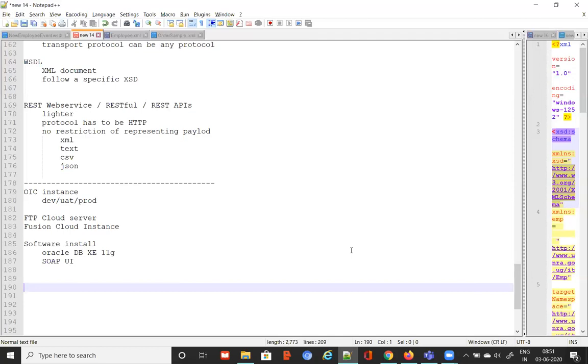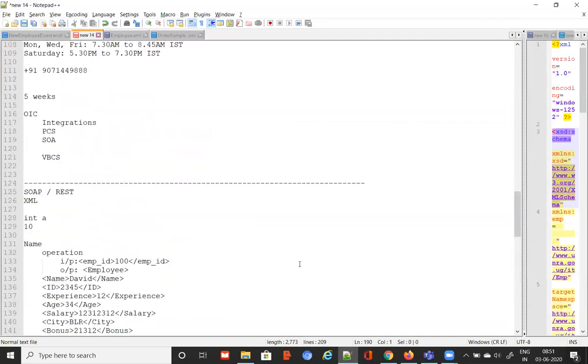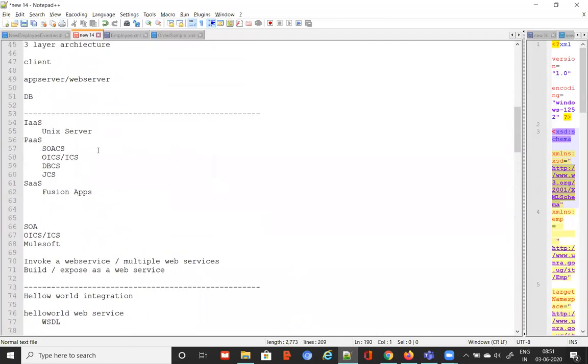So even for PaaS I take a subscription, but in that PaaS we have so many things like OAC and others. PaaS is just a very high-level term we talked about here, right? You may say I want a JCS subscription, I want a SOA CS subscription, or I want an OAC subscription. You will not say I want just a PaaS subscription. It's just a high-level representation of which bucket it falls into. This is all again logical representations.